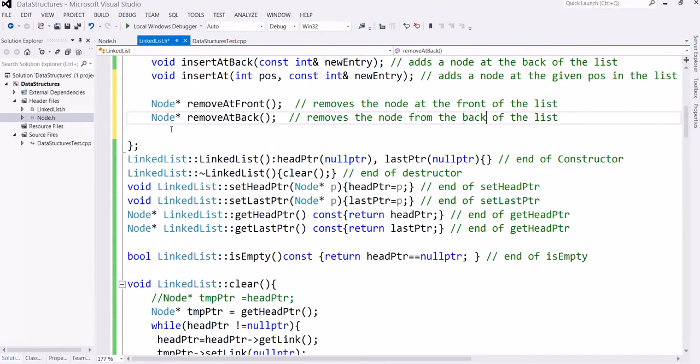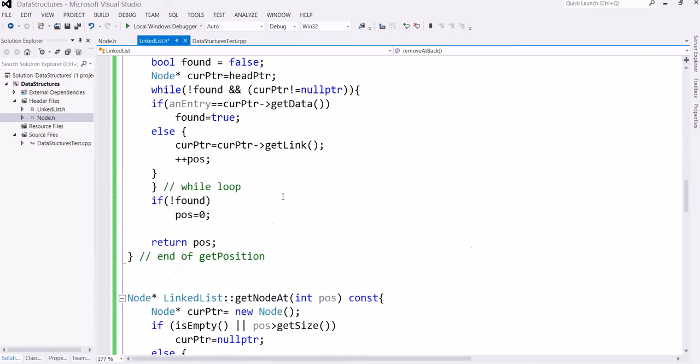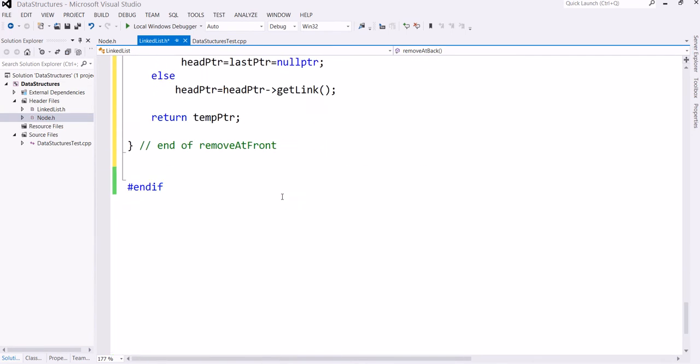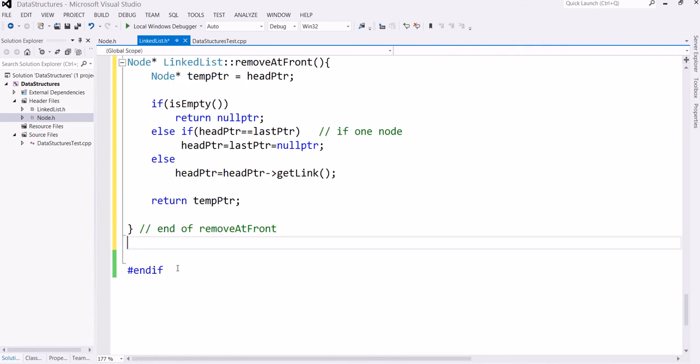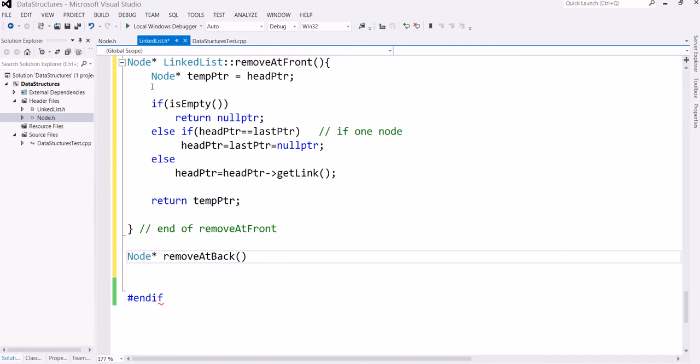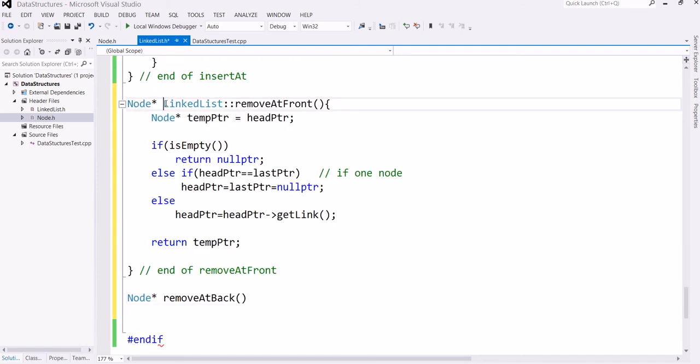So let me copy this function here. So we will write here body